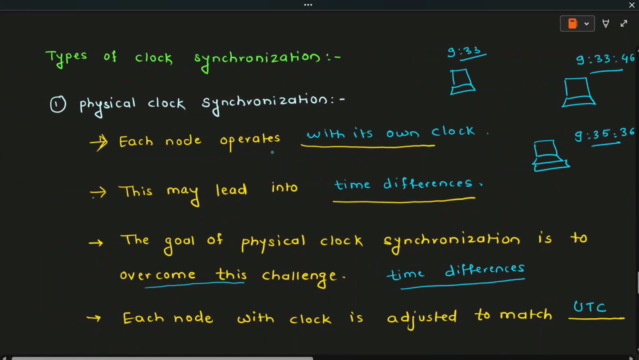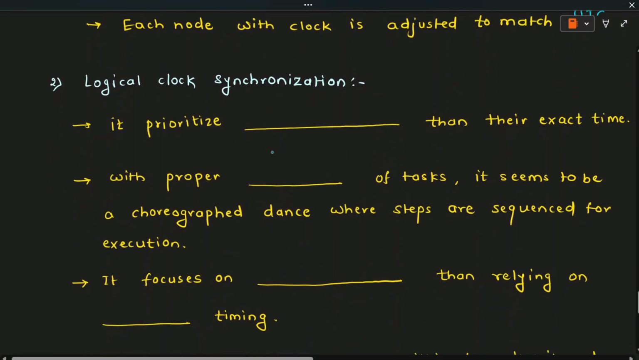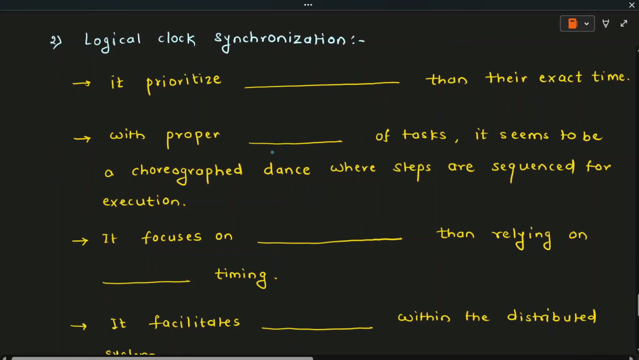Now, the second type of clock synchronization is logical clock synchronization. As we are aware, physical clock synchronization was dealing with the physical clocks which are running on different machines. But in logical clock synchronization, it prioritizes the order of events over their exact time. So here the order of events is going to play a crucial role. There won't be physical timing, but there will be order of events with proper time stamping. So with proper ordering of tasks,